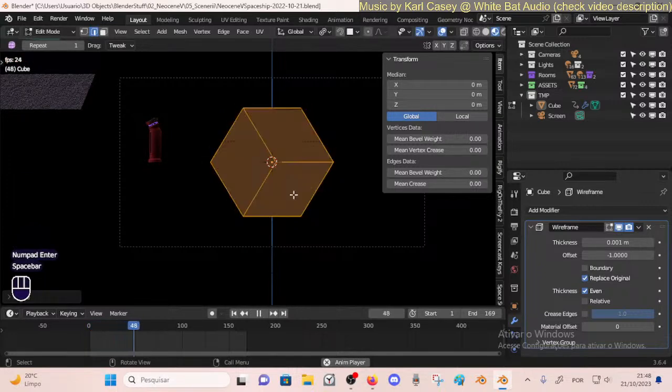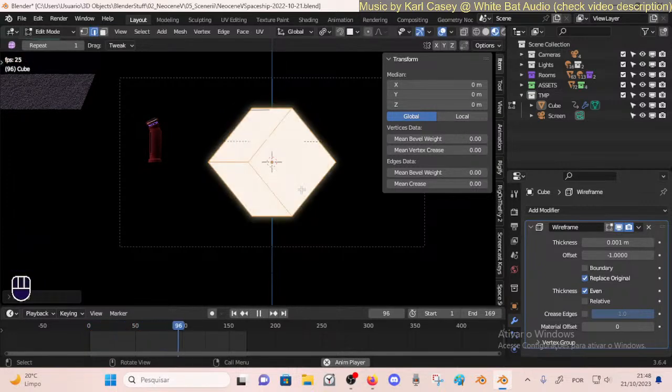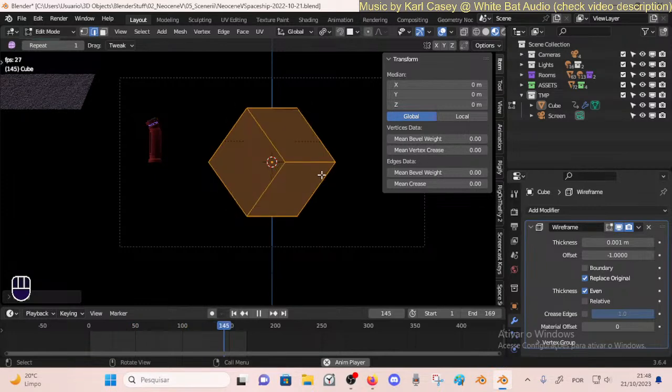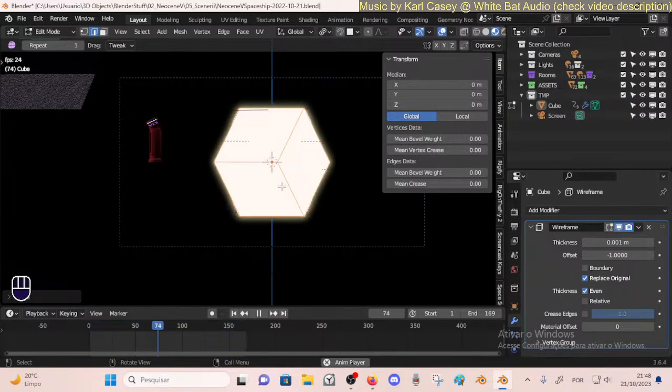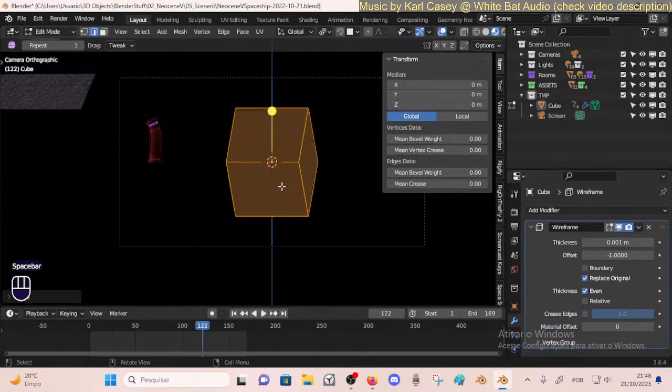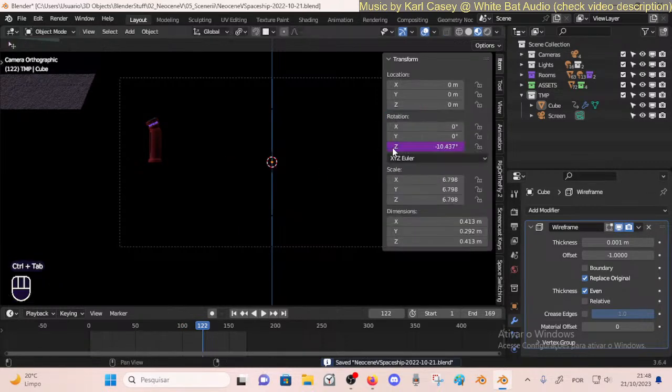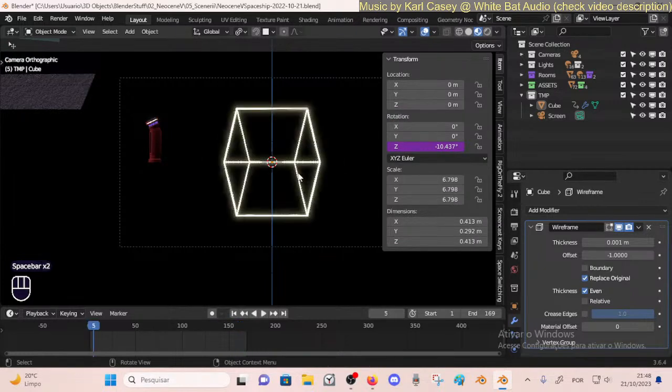There we go. Okay, you see it goes back and forth, and this is just because, unfortunately, I don't know how to control this stuff with the driver yet. I know some tricks, but